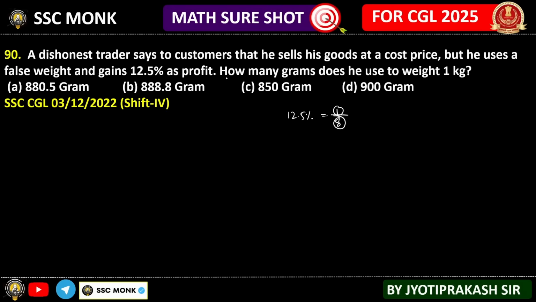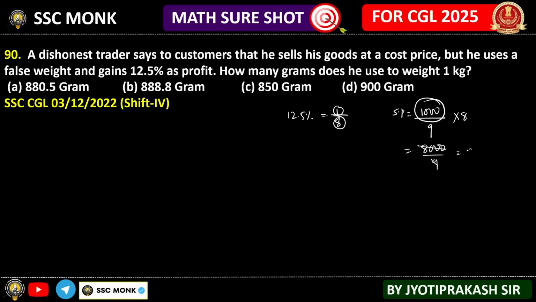That's all. Now understand. What does a dishonest shopkeeper do? He sells the goods at cost price but uses a false weight. That means the selling price is 1000, which is equal to the cost price as per the dishonest shopkeeper, but he is selling a different quantity. So for this particular sales price, what is its original cost price for the same weight? It will be 9 into 8 divided by 9 into 8, because it is already inclusive of the profit of 12.5%. So this can be written as 8000 by 9.